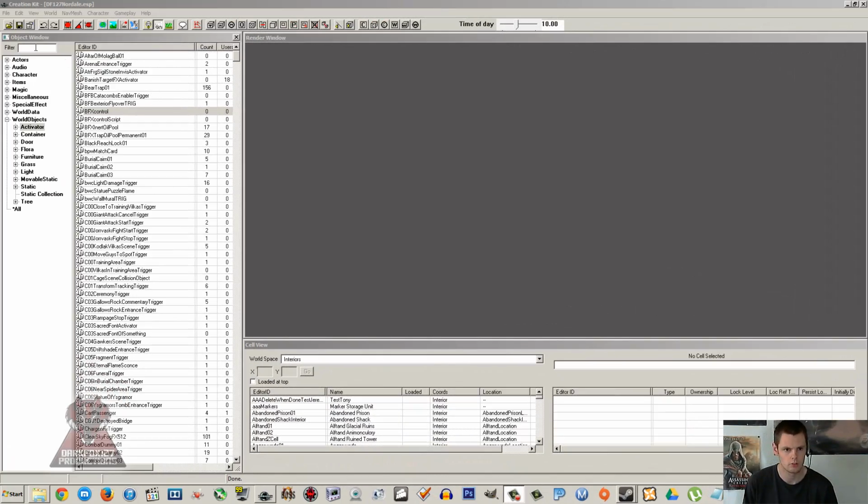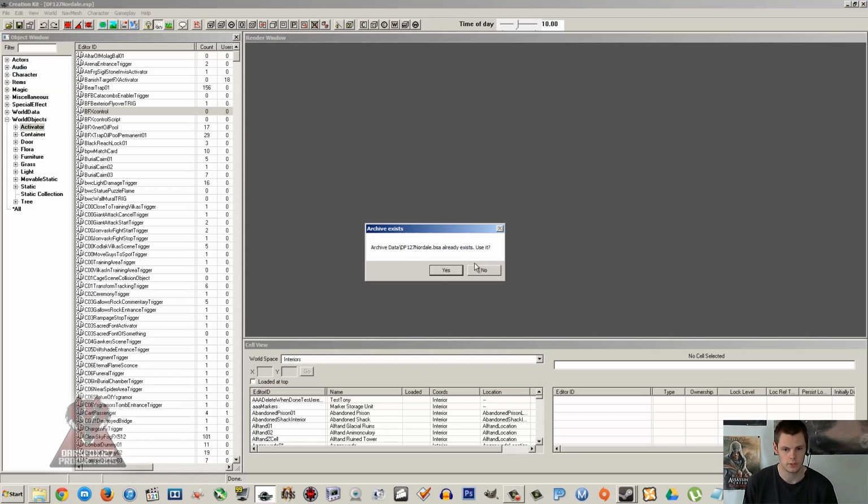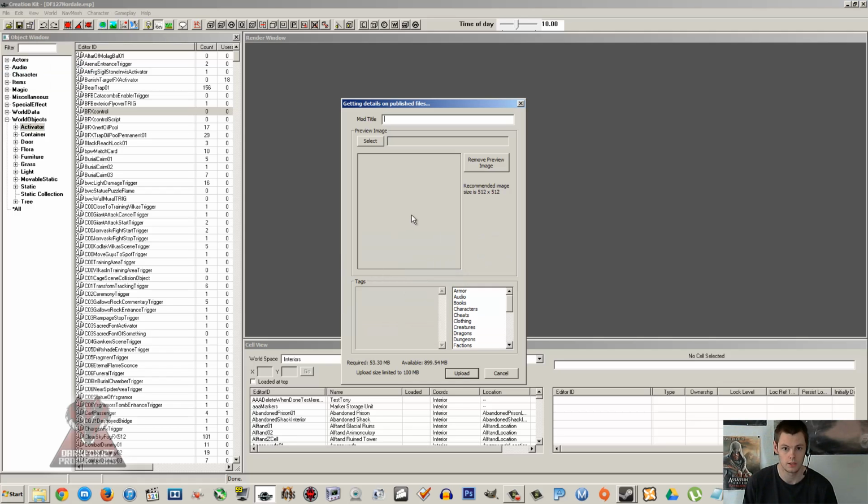Okay, so once the kit has loaded, you want to go File, Update Plugin and Archive to Steam. And as long as you have your BSL and your BSA next to your ESP in your data folder, then this should work. So click on there and it should say this: archive exists, yes. If you don't get that, then you've probably put your BSA in the wrong place, or your BSA hasn't packed